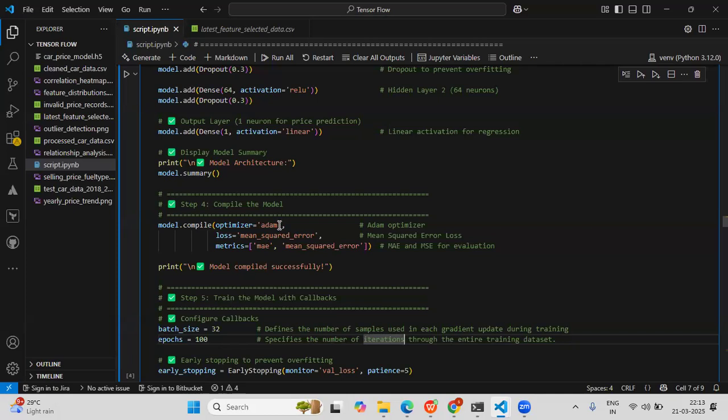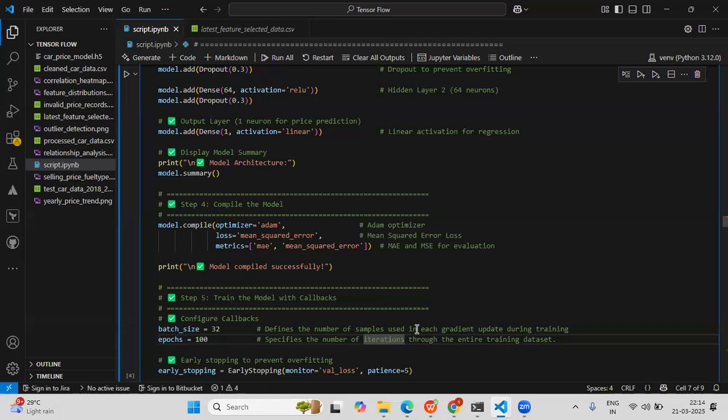This optimizer will adjust the learning rate. Then we are introducing the loss function, mean squared error, and the metrics for evaluation purposes, mean absolute error and mean squared error. So it will compile the model overall.